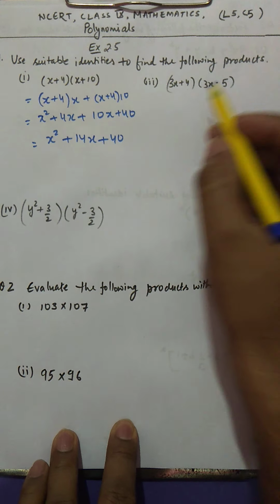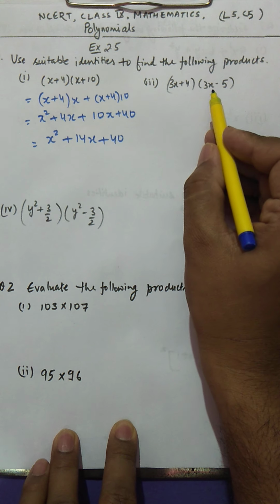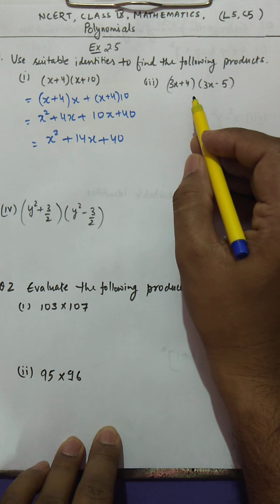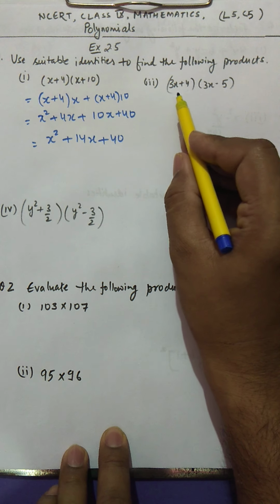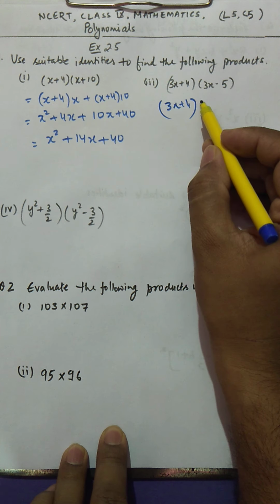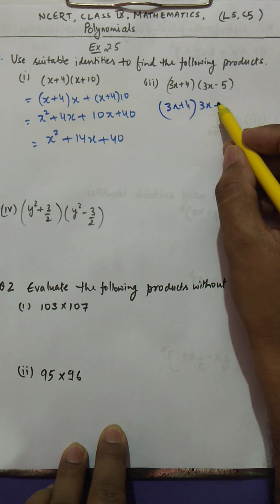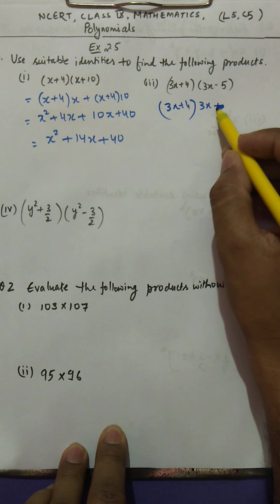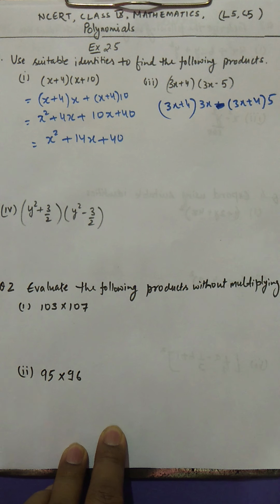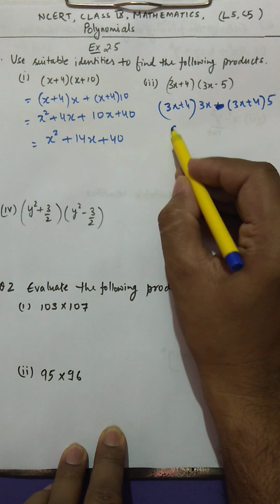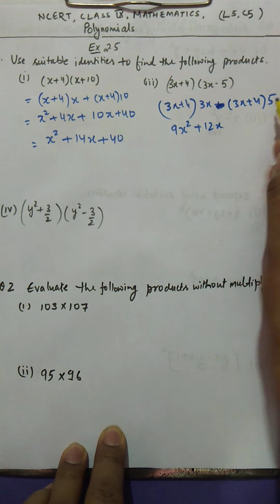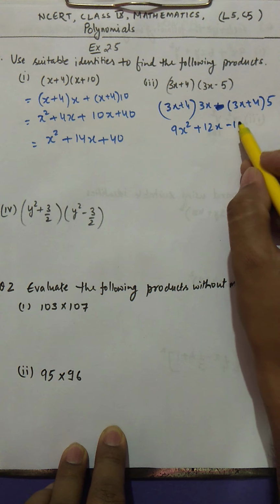Now see this. According to the property, that property I can mention, but rather than using the property I am using the distributive law. So you see, 3x plus 4 multiplied by 3x, and then you can say this minus 3x plus 4 into 5. So 3 into 3, this is 9x square, and 3 4s are 12x, and now 3 5s are 15, minus 15x,